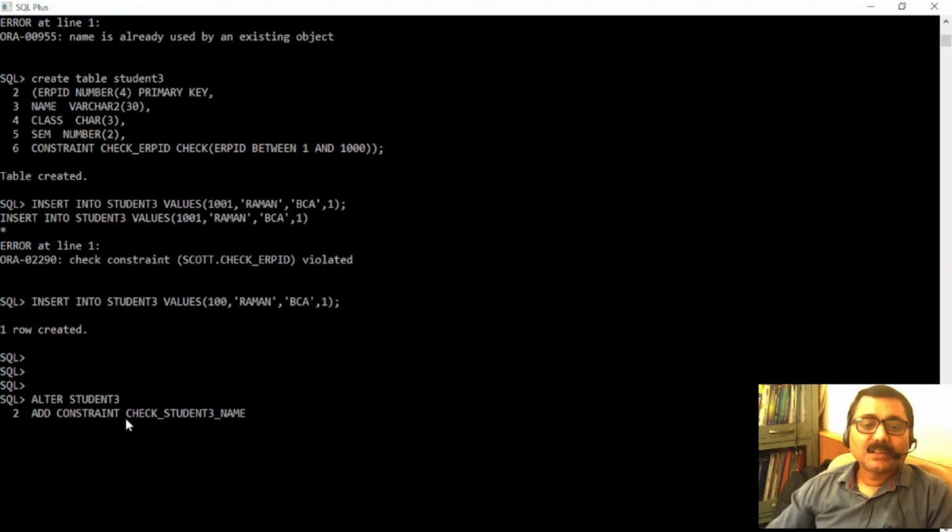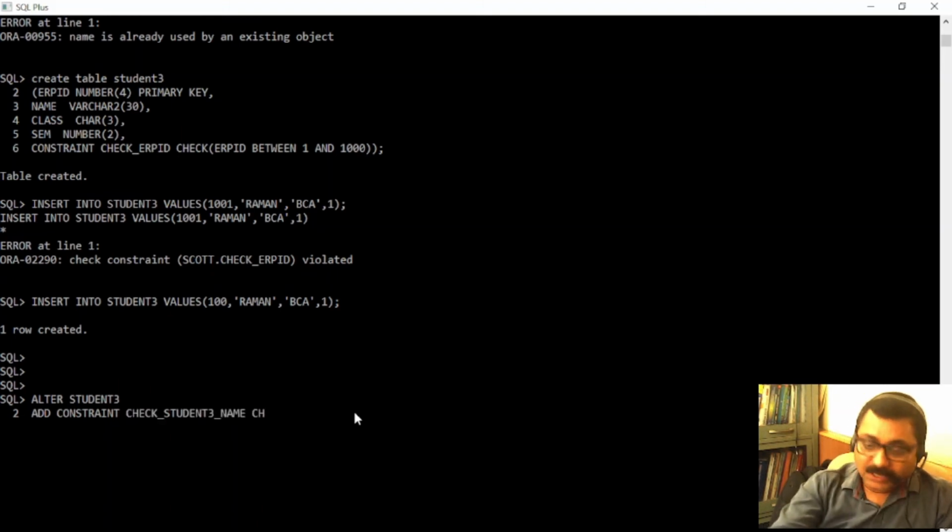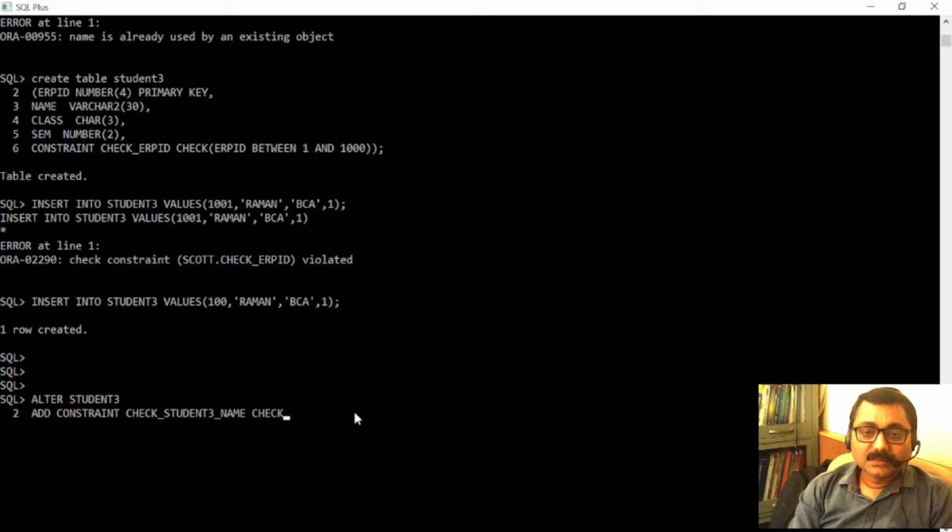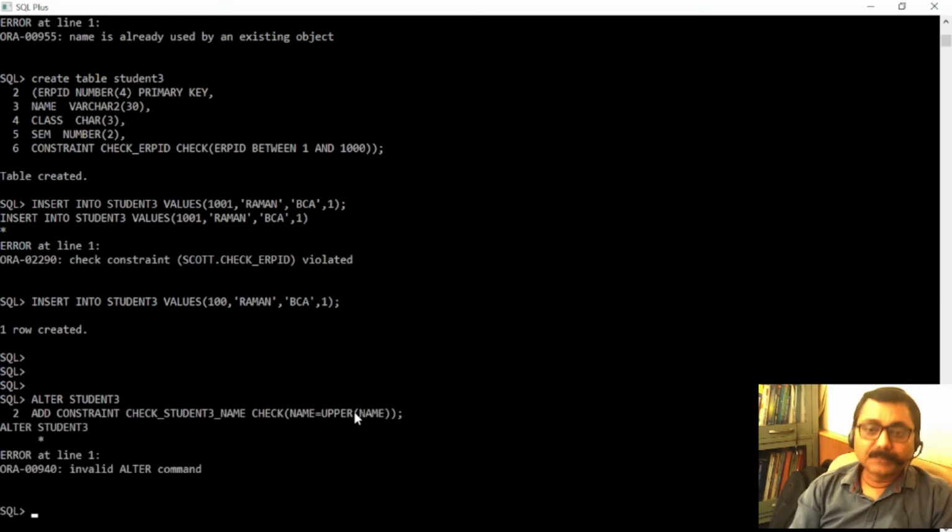So this is the name of your check constraint, and it gives you sufficient idea that the type of the constraint is check, on which table, student 3, on which column, that is name, and it will take care of what it will check. It will check name equal to upper name. Simple addition.